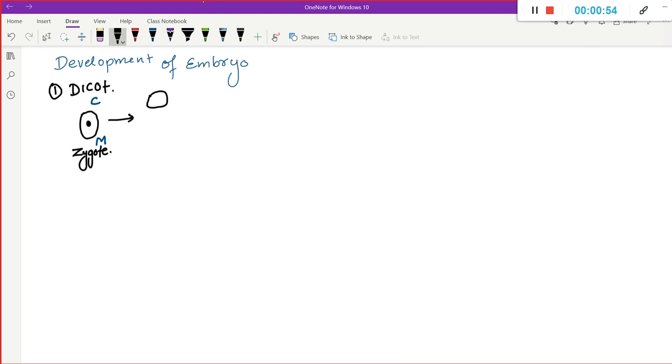Just to differentiate between the cells, we'll change the color of the cells. So it is divided into two different type of cells. The cell towards the chalazal end is known as the terminal cell. The cell towards the particular micropyle end will be known as the basal cell. Now what will happen if we look here, what do we see here is this terminal cell will divide